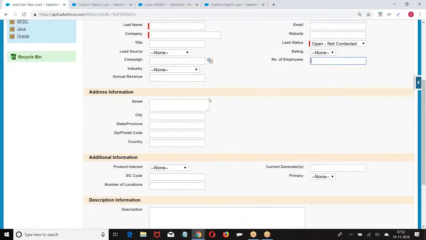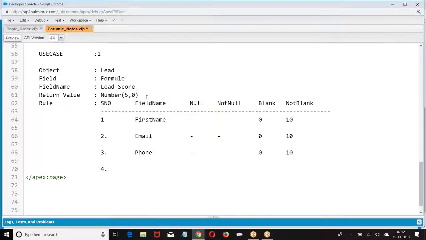Is number of employees blank or null? Number of employees, like 5 or 10, is a numerical value, so it should be null. Not entered, 0; entered, 10.